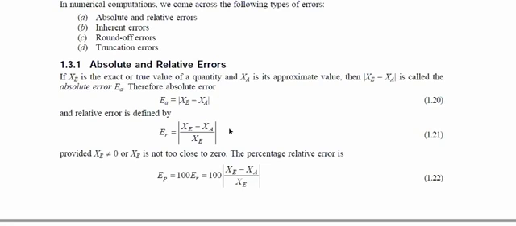So this is equal to the relative error. Relative means that xe is used as the denominator in the ratio. The condition is that xe should not be equal to 0. If it is 0, the ratio goes to infinity, and therefore it is not possible. So xe must always be finite, not too close to 0, meaning approximately equal to 0. When the relative error is multiplied by 100, it becomes the percentage relative error.